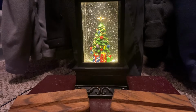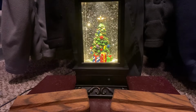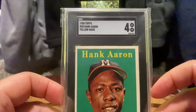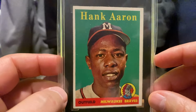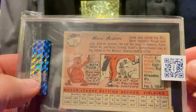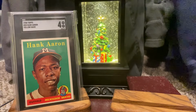Hopefully you're in the holiday spirit. And if you are, fantastic. And if you're not, well, hopefully these cards will do the trick. We are talking in a Fantastic Four, the yellow name Hank Aaron from 1958. And this card just feels like a Christmassy holiday card to me. So I'm going to show this stunning beauty off. And then how about this